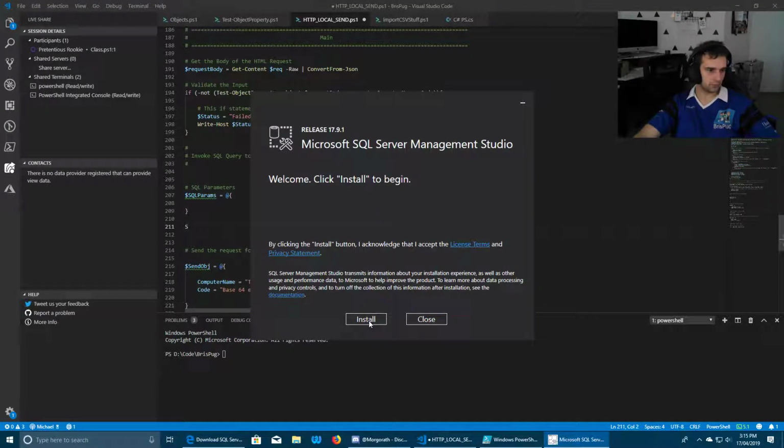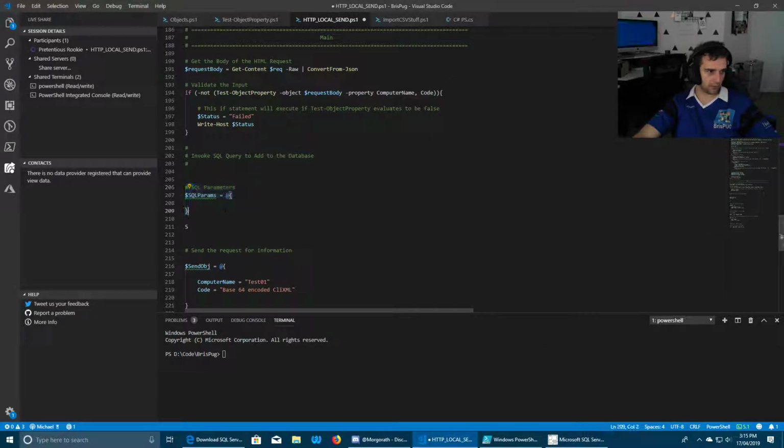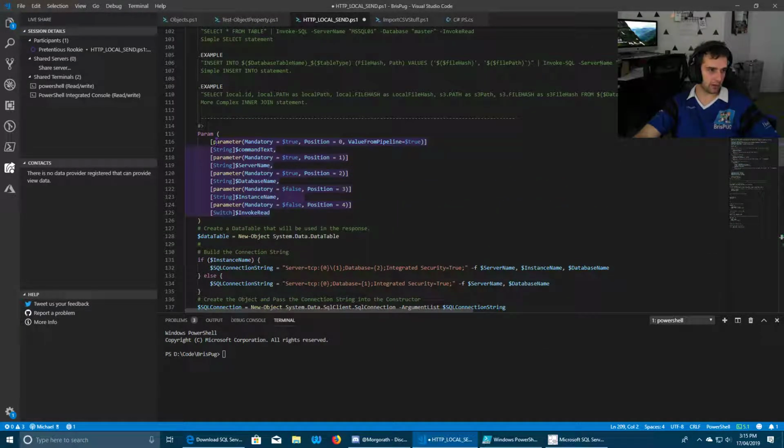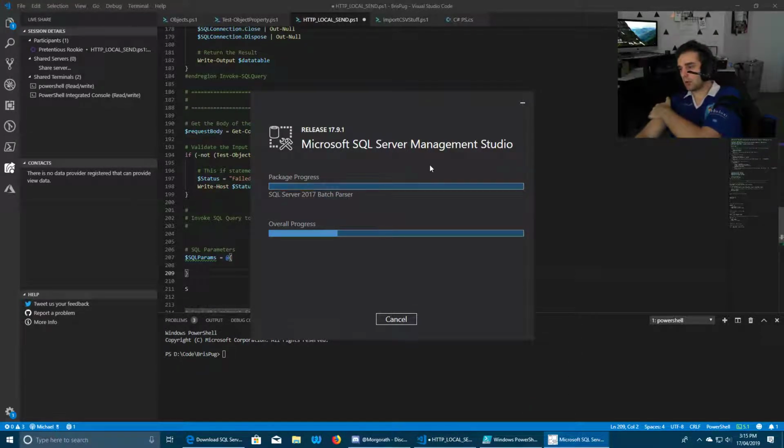I'll just quickly install that. So you want that parameter block copied down? 206 to 209. I want you to build out those params as keys in the hash table on 207 to 209. Just installing SQL Management Studio while this happens, which always takes its sweet time.